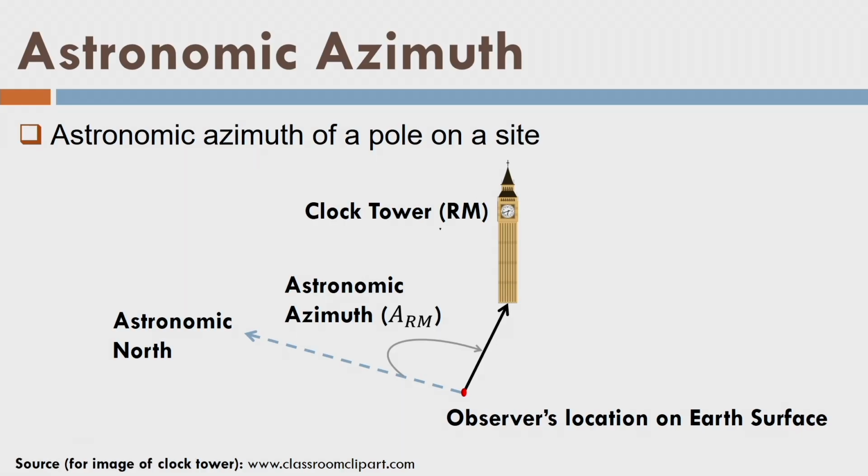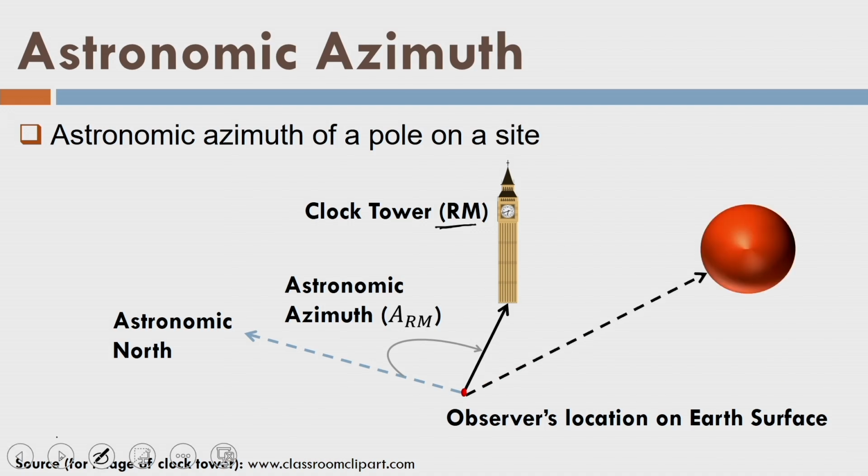I will make some star observation or sun observation and try to find out the direction of north. So, let us make the clock tower as reference mark as shown here. Now, I will measure the angles of a star or a sun with respect to the reference mark. Let us see, there is a sun. So, I am measuring this angle, and this is the astronomic bearing of a sun at a given moment. So, if I can find out this value, I can also find out the azimuth of the clock tower.